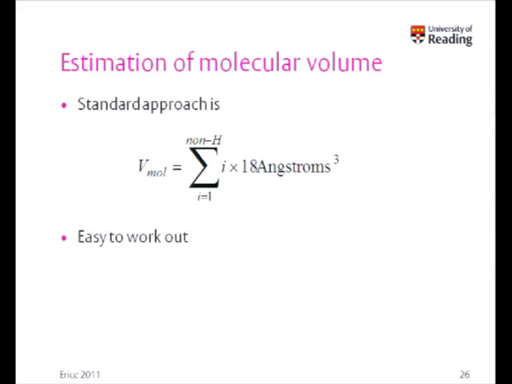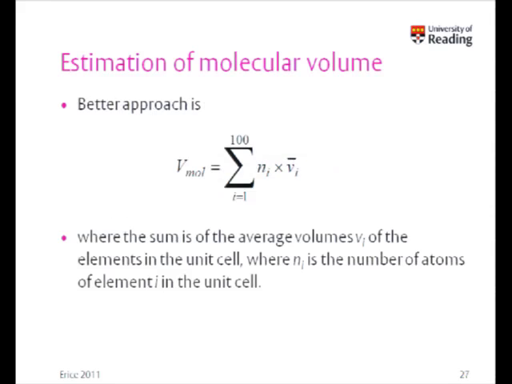But in terms of estimation of molecular volume, Peter used, he said, an average value of about 17. I think most single crystallographers would stick to what's called the 18 angstrom rule, where you just take all the non-hydrogen atoms in your organic and multiply it by 18 cubic angstroms, and that gives you the volume of the molecule. Now that, even I can work out that sum, even late night on a beamline, so that's the way that everybody does it. But in fact, there's a much more accurate way of doing it that was published by Hofmann several years ago.